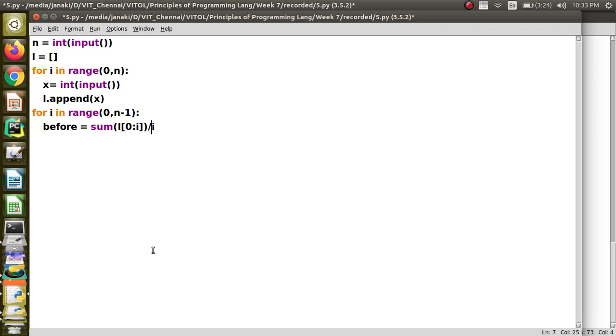Because we can just understand, when I am at the 0th index, the number of elements above that is going to be 0, but when I am at index 1, we have to consider elements above that is 1, right?